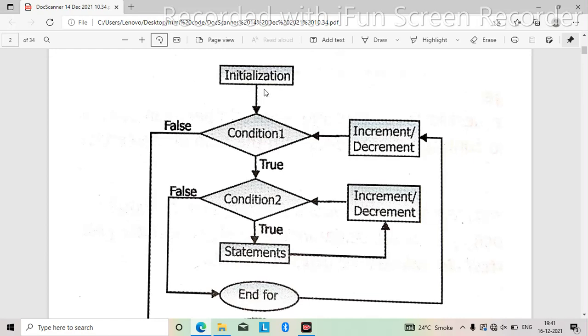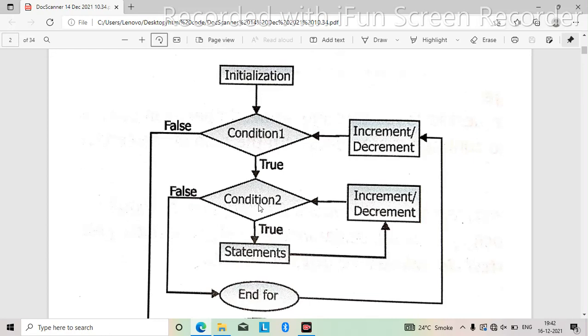You can see initialization, condition 1. If the condition is true, for example, if we give the number 5 is greater than 4, then 5 is actually greater than 4, meaning the condition is true, so it will go to the true block. Here again it will have another condition, 5 is greater than 4.